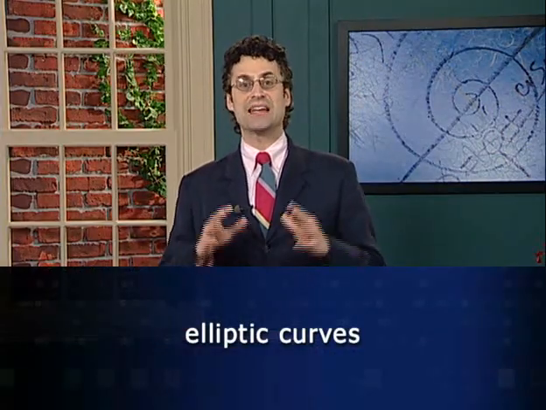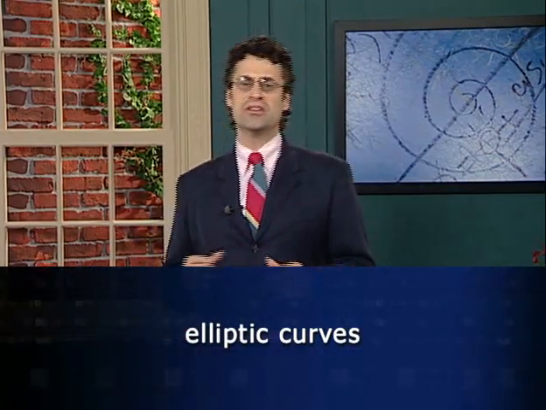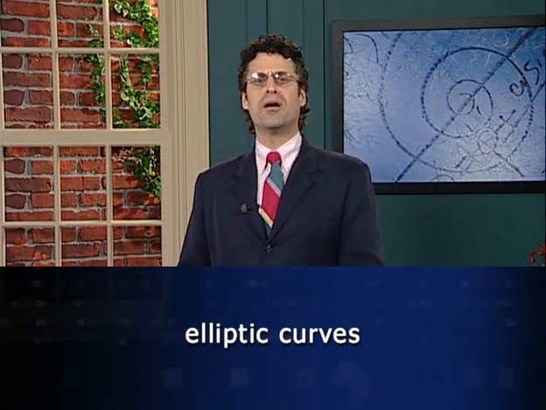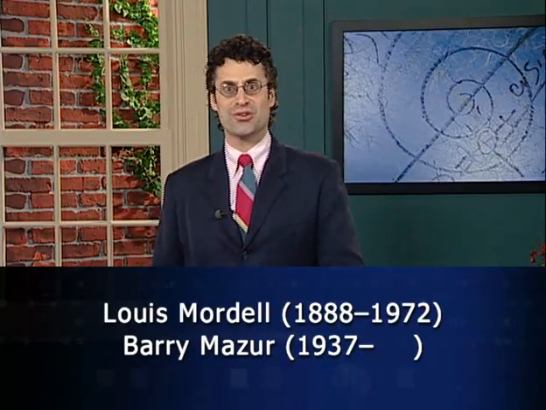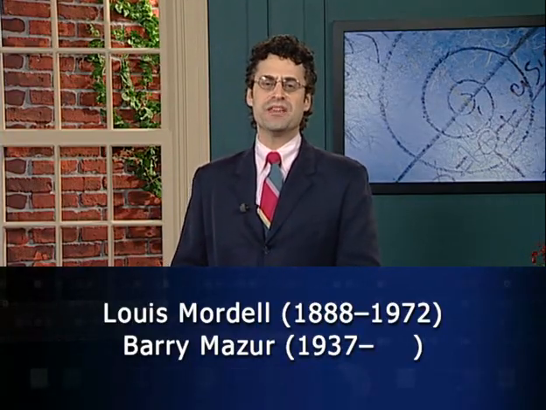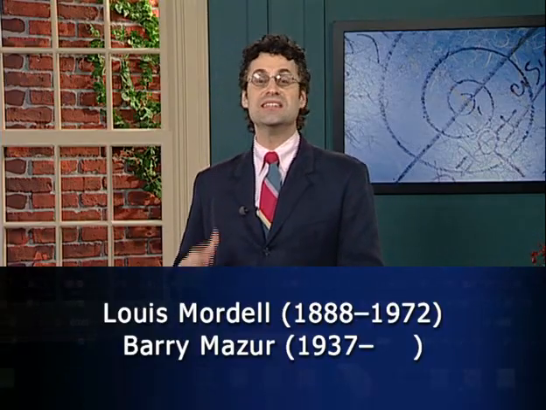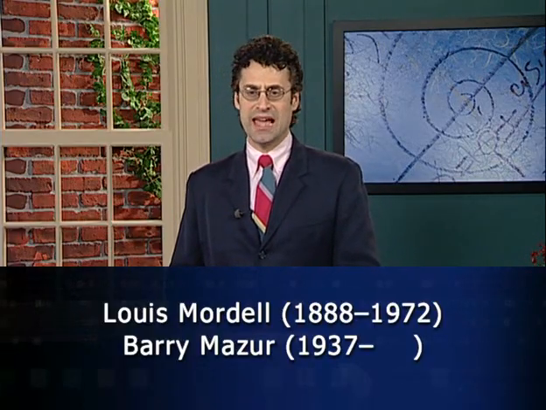Here, we'll extend this theme to see that the rational points on elliptic curves enjoy an incredibly rich arithmetic and geometric structure. This structure, which only comes into focus by studying the intersections of these elliptic curves and lines, is now understood through some very recent, remarkable 20th century advances due to Louis Mordell, Barry Mazur, and others. We'll describe some of these results and mention a few open questions that continue to intrigue number theorists and geometers